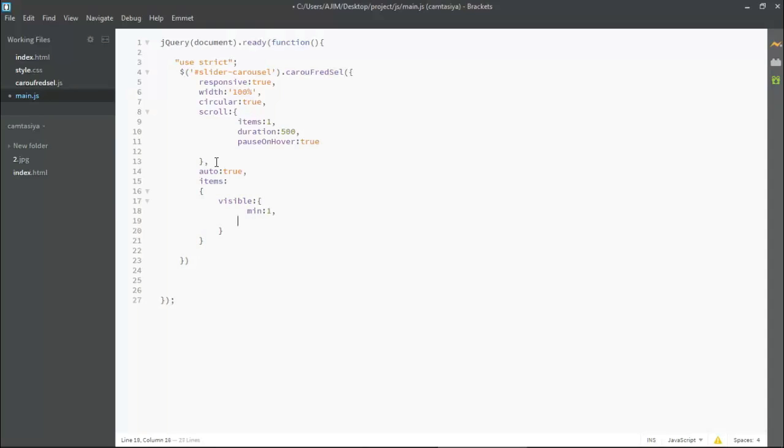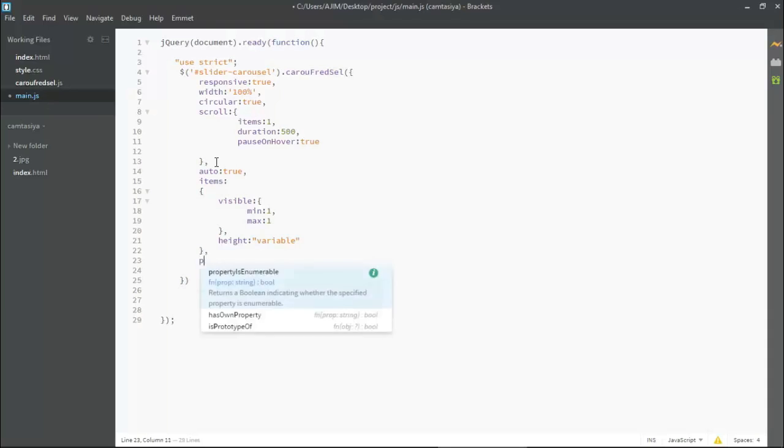So 1 by 1 it will slide, max it will be 1. Okay, I'm putting a comma to separate it. Then I'm coming down and mentioning the height, spelling should be correct. Height. Here I am putting variable. Okay, variable. And also I am separating it by mentioning comma.